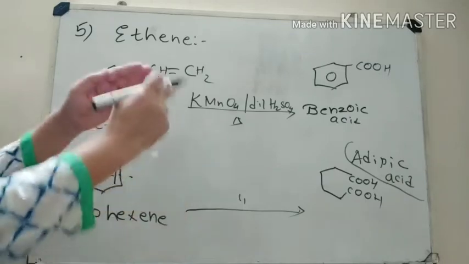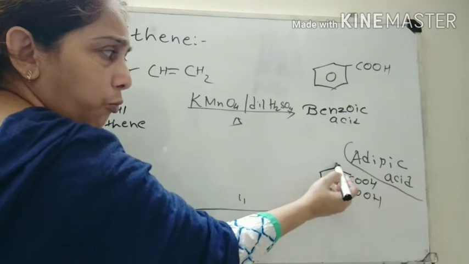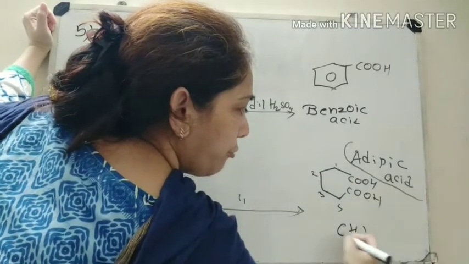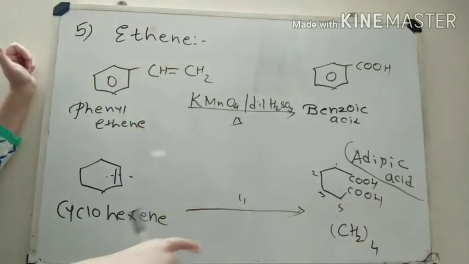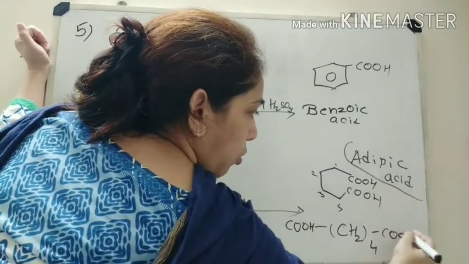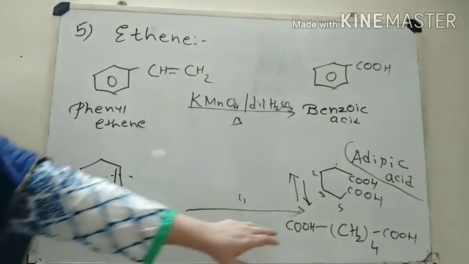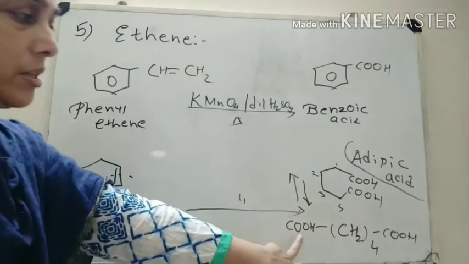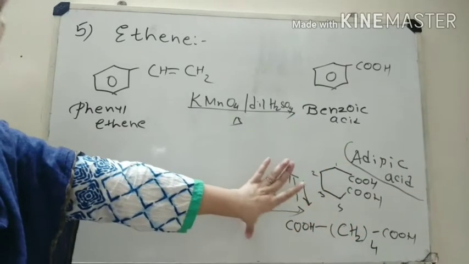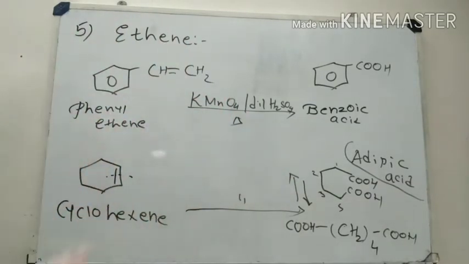of adipic acid. So we can write it this way also: between these two acid groups, 1, 2, 3 and 4, 4 carbon atoms are there. So CH2 4, it is known as the methylene group, tetramethylene. COOH, COOH. We can write it both ways. The meaning is the same. This is known as the tetramethylene group. COOH on the left hand side, second COOH on the right hand side, and this is the structure of adipic acid. So this is the fifth preparation method of the carboxylic acid.